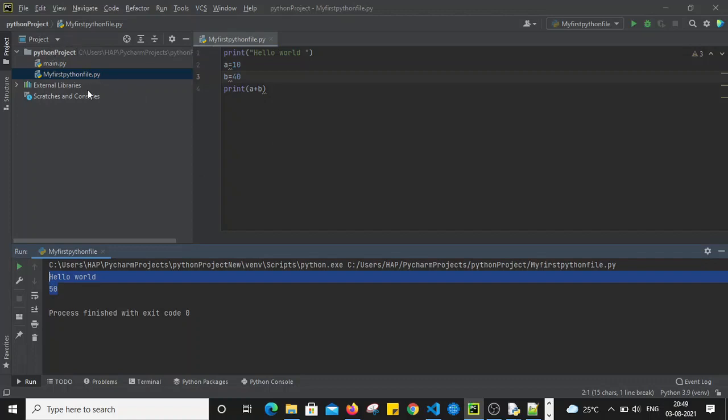We can simply create a new project and add our Python files, that is .py files, in that specific project, and we can run the code by clicking on the run option, right? So this is how we can use Python for executing our code. PyCharm is an IDE, also known as integrated development environment, and by using PyCharm we can execute our Python code. So this is one IDE. If you want to use some other IDEs, we can use those as well.